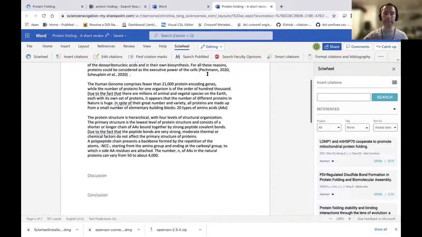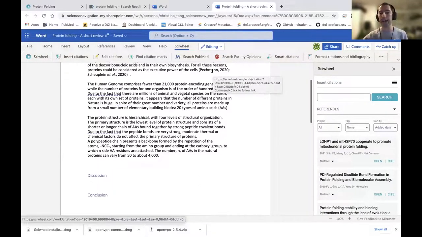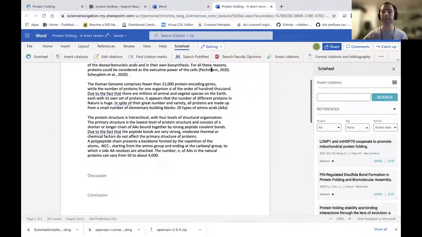Now, for this particular citation, Peckman 2020, we need to add a page number to the citation. And I'll show you how you can do that easily. This is more relevant for people working in the humanities and social sciences, where you're using mostly the author-date style of citation. If you need to add a page number, just put your cursor inside the citation, and you can see immediately